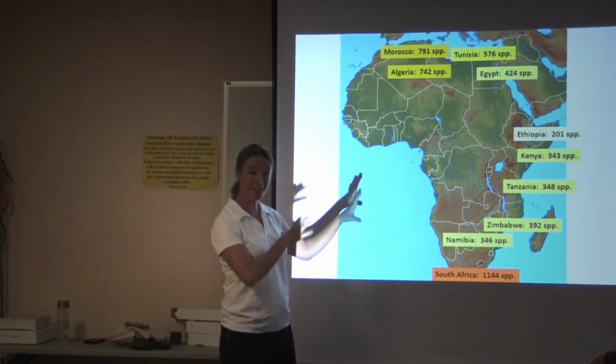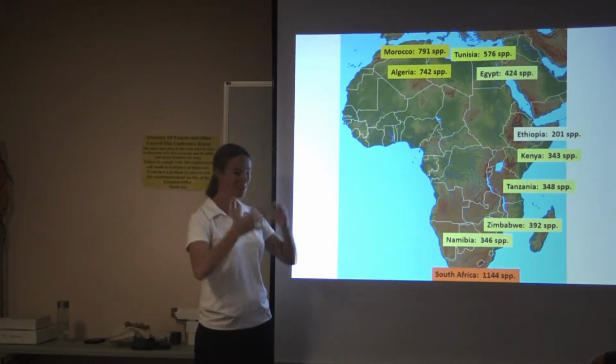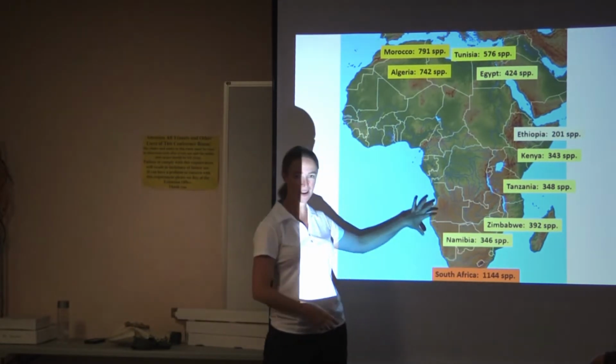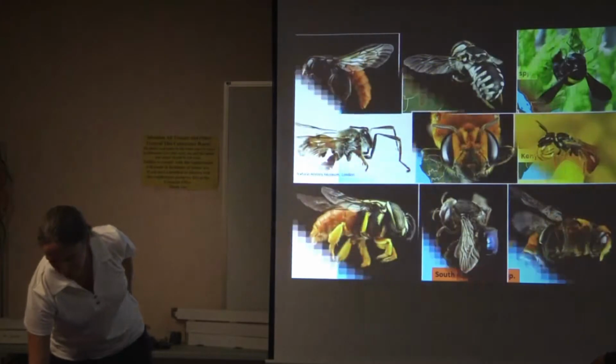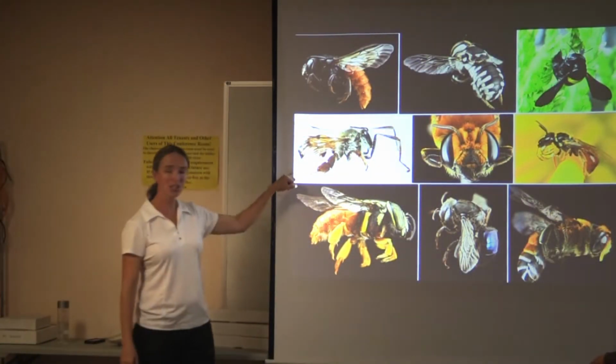In Africa, a lot of it hasn't been sampled at all, so there's a lot of room for growth in what we know about bees here. But again, the pattern holds that those Mediterranean areas are high in bees, and the tropical areas probably not as much. One of the coolest bees, I think, in the world is this one right here,